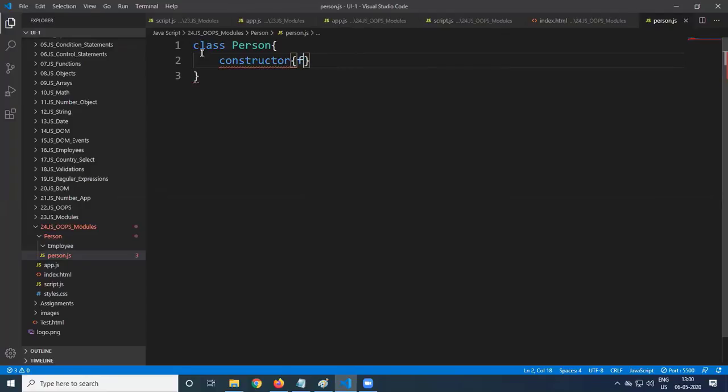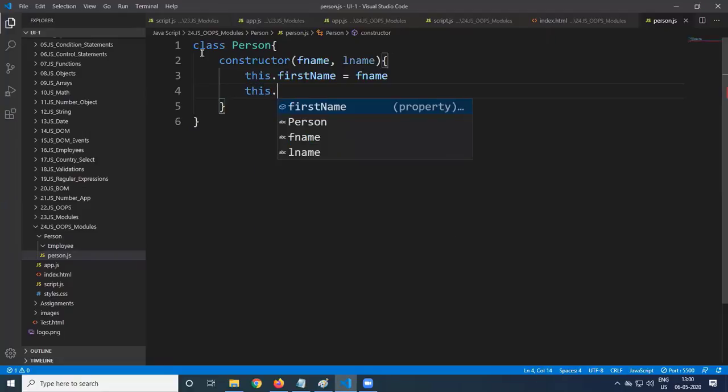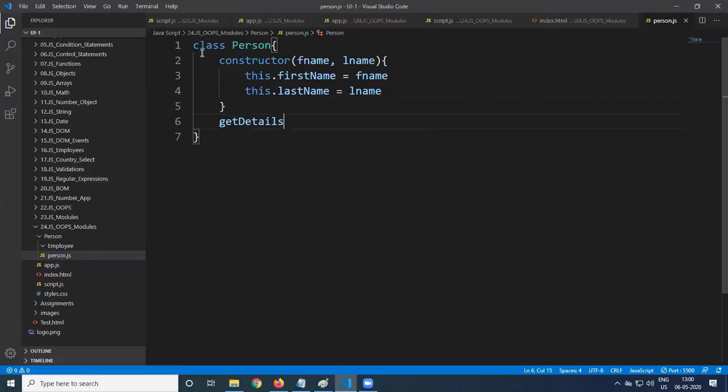Properties: this.firstName is equal to fName, this.lastName is equal to lName. Constructor is ready.